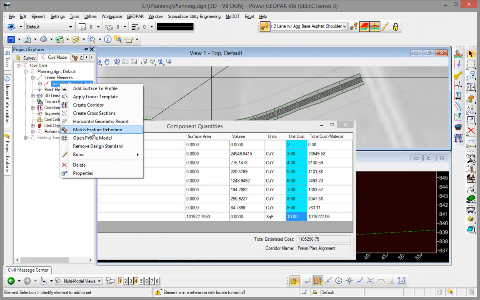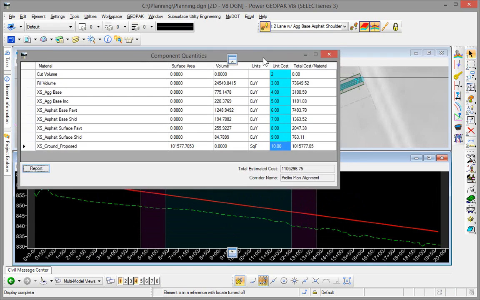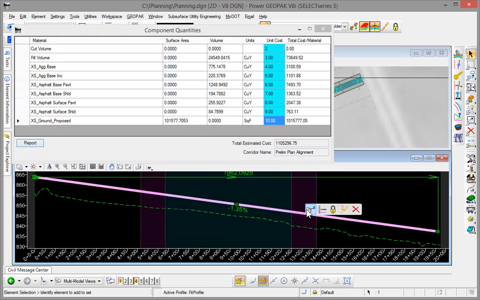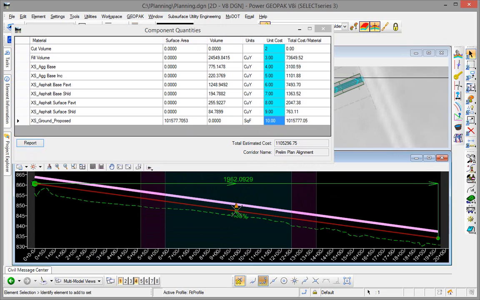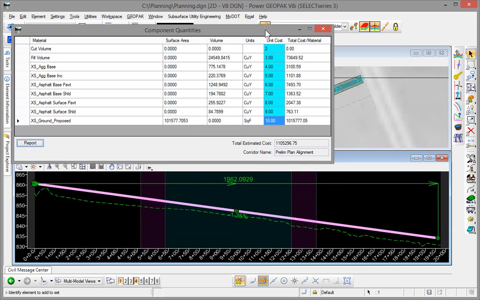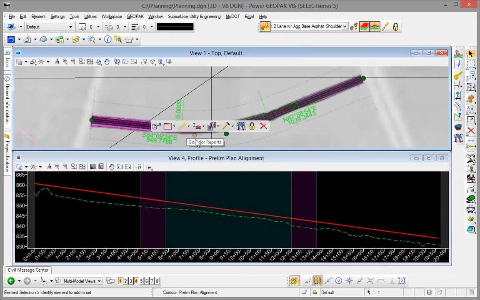Right click and open profile model, and we'll select that. And I want you to watch what happens to the quantities. I'm going to select our profile, and I'm going to make an adjustment here by dragging this down. And as soon as I do that, the corridor is going to update, and the component quantities will refresh once we come back in. So if I select our corridor again, we go to our reports, component quantities,